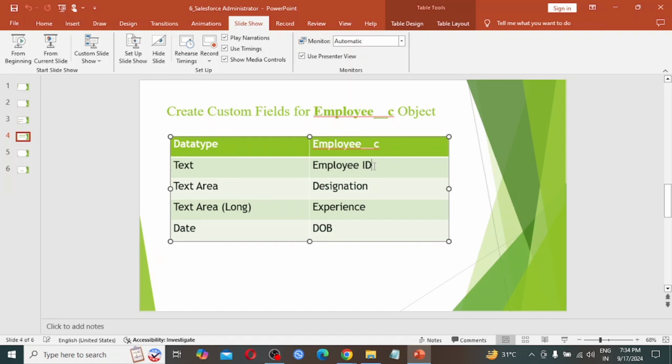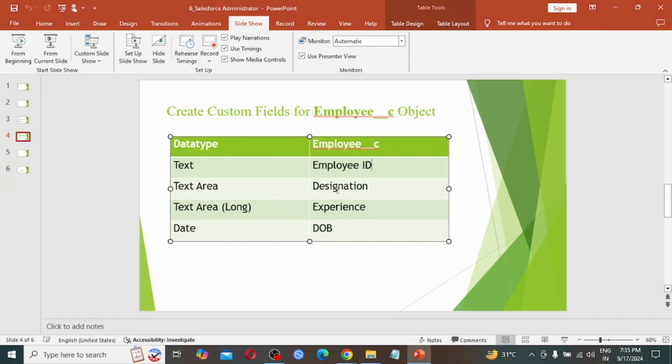Whenever we join a company or work for a company, we are allotted an employee ID. How is it going to be generated? Suppose I have to create an HCL employee ID. Maybe it is defined as HCL001 for the first employee, then HCL002 for the second employee. Which type of data is it going to store? That is a combination of text and number.